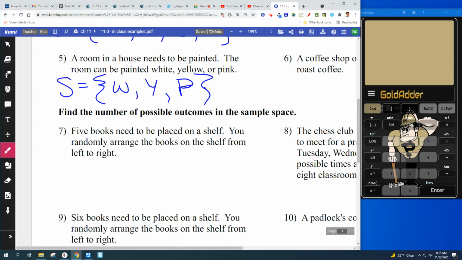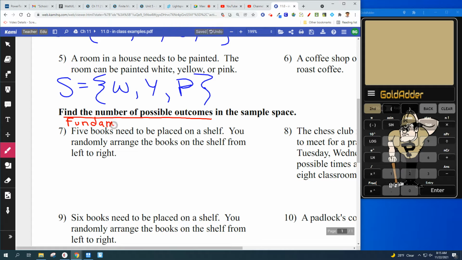So number of possible outcomes is what we're trying to find. So 5 books need to be placed on a shelf. You randomly arrange the books on the shelf from left to right. Now, this is a lot harder. Okay, the only number that you have is 5. But basically, the fundamental counting principle, all right,